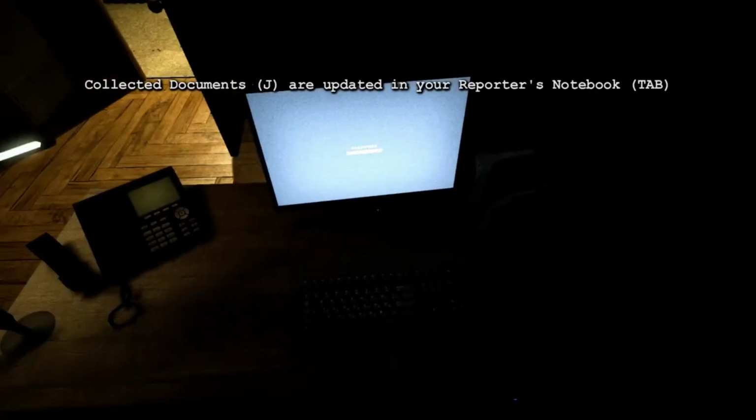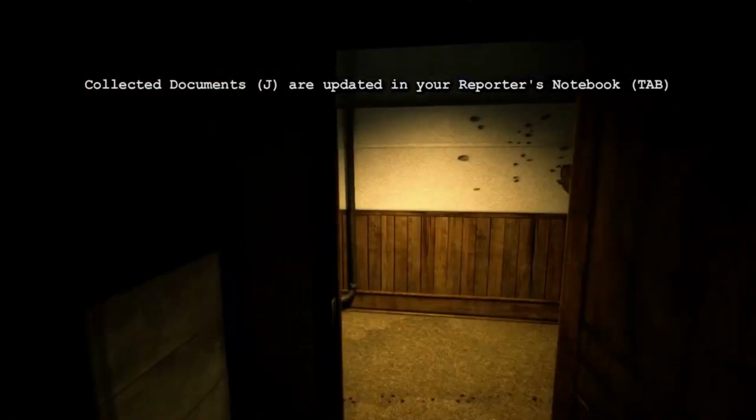Furthermore, Outlast uses emptiness as a way to challenge players' perceptions. The dark corridors and empty spaces create a sense of claustrophobia and paranoia, leading players to question what is real and what is just an illusion. The game plays with players' expectations, thrusting them into increasingly disturbing and unpredictable situations.